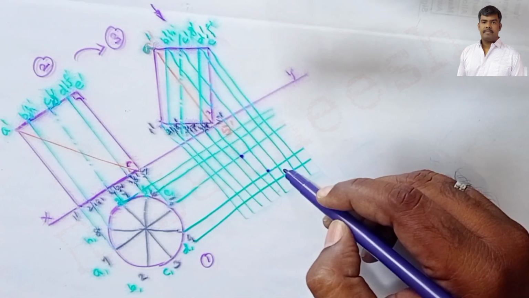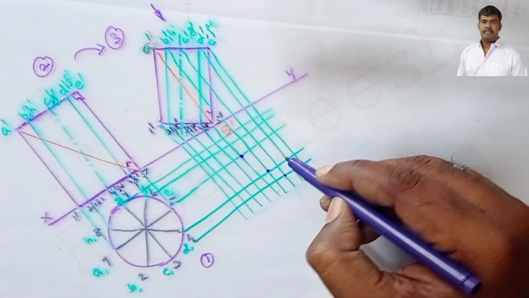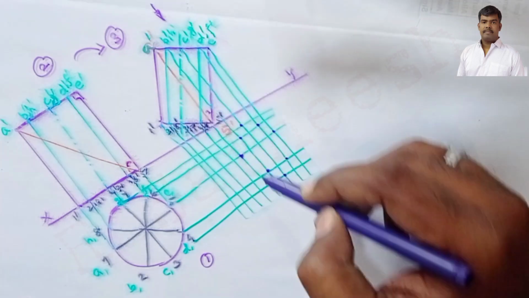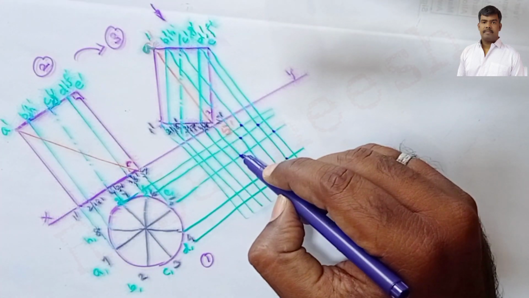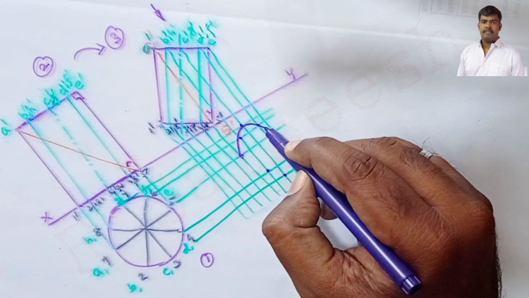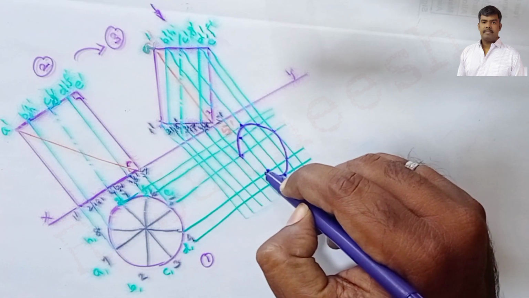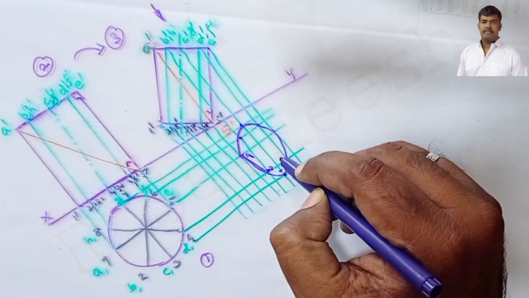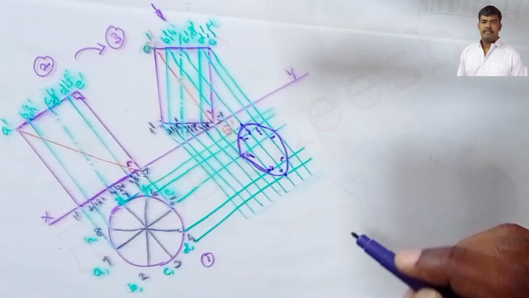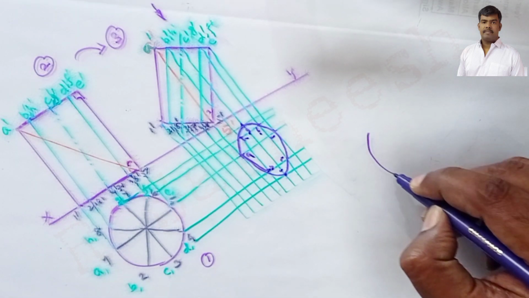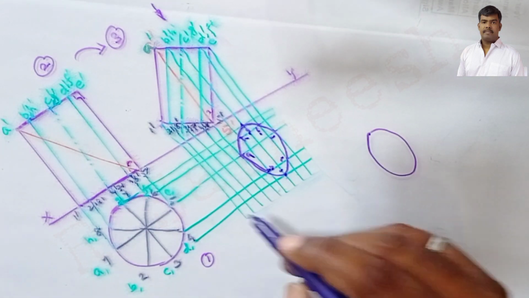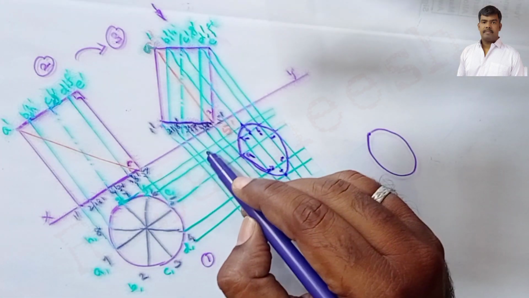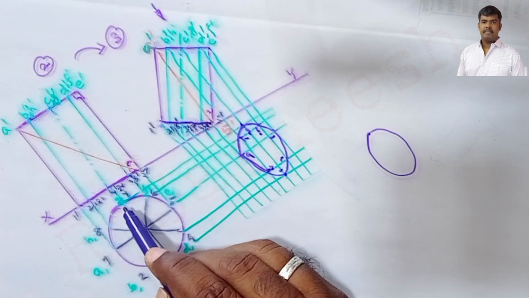Clear? C, D, E, F, G, H. Clear? So the intersection points. So the elliptical shape fully appears. Clear? So A, B, C, D, E, F, G, H. Clear? Let us consider the ellipse. Next, in this case, the base also is an ellipse, but the left half is visible, that means the base 7